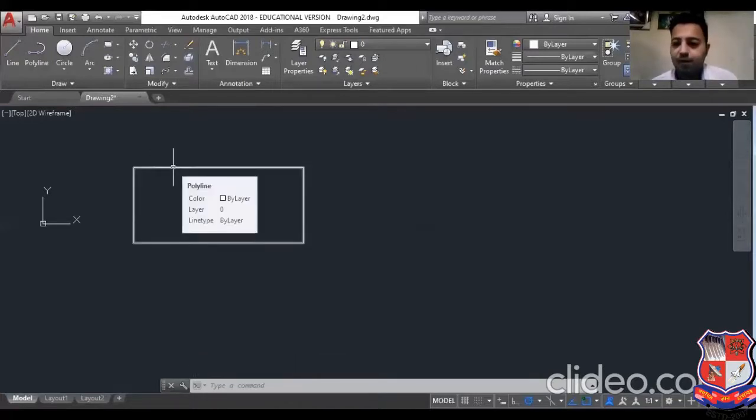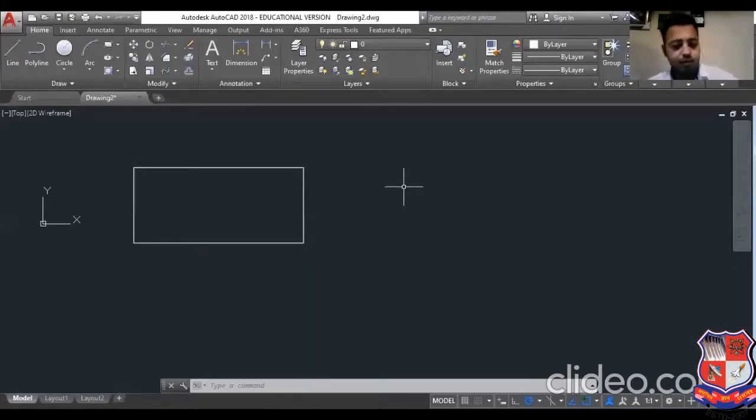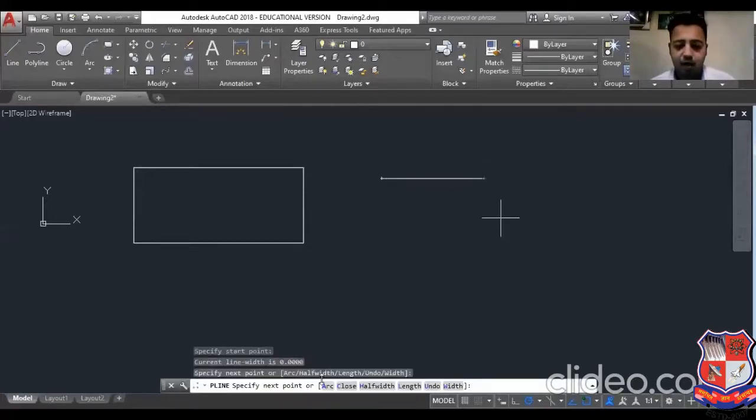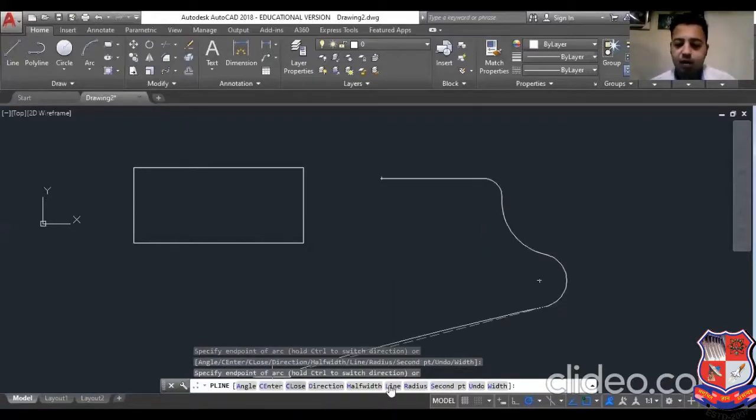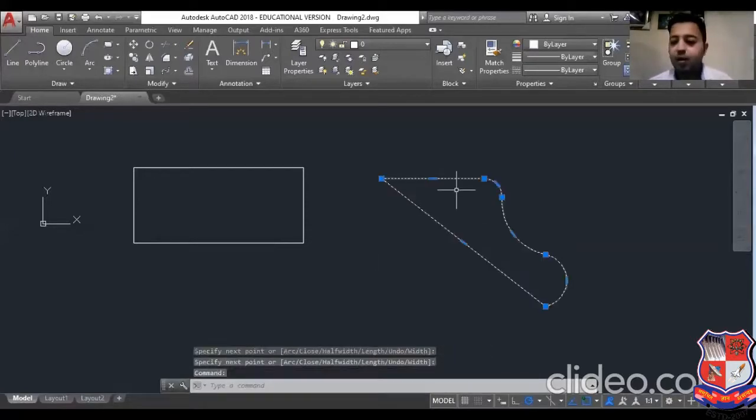actually a polyline, a group of lines. Suppose I select the polyline, and I create one object having a line and an arc both, like this. And again I will go for line and select this point and enter. So it is right now a polyline closed loop. But I cannot select this curve as an individual, or this line as an individual.